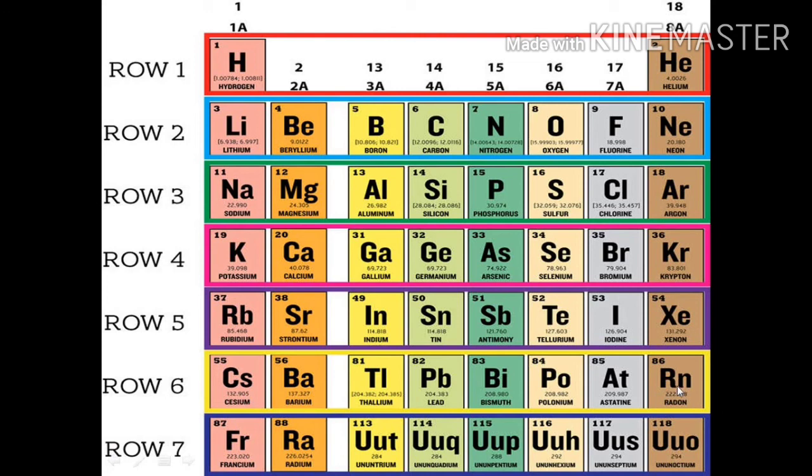That is the longest, very long period, or you can say the longest period, and a part of it is placed below the main periodic table, which I'll be teaching you in detail. And period 7, which is row 7, is an incomplete period. It is incomplete because as new elements are discovered, they are being added here, and that is why we will not tell the number of elements that it has, because it is incomplete.